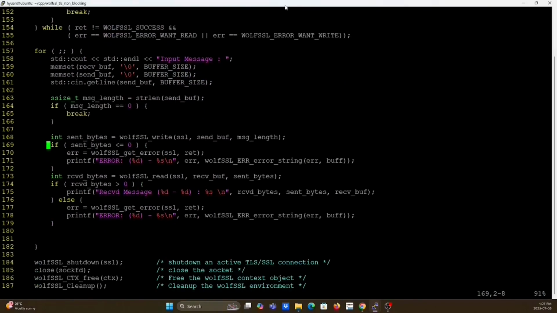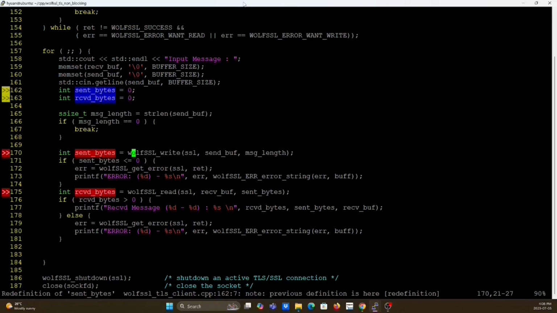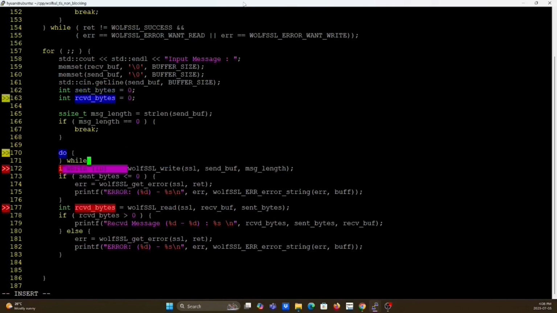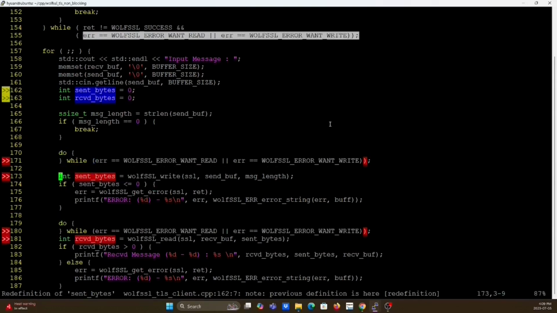Now we have converted the connect activity from the blocking model to the non-blocking model. Next, we are going to adjust the writing and reading activities. First, a loop. Inside the loop,